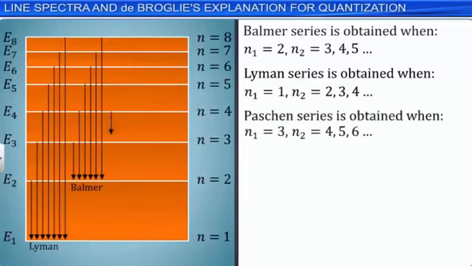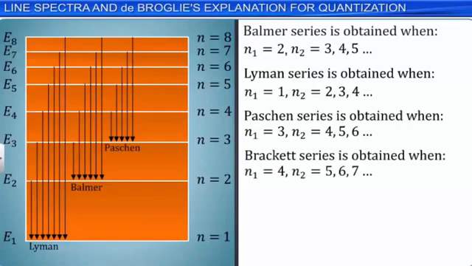When n1 is equal to 4 and n2 is equal to 5, 6, 7 and so on, we get the Brackett series. Similarly, when n1 is equal to 5 and n2 is equal to 6, 7, 8 and so on, we get